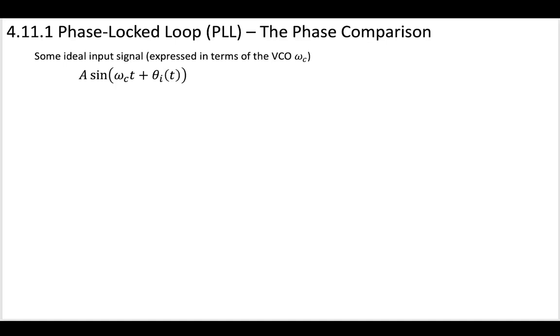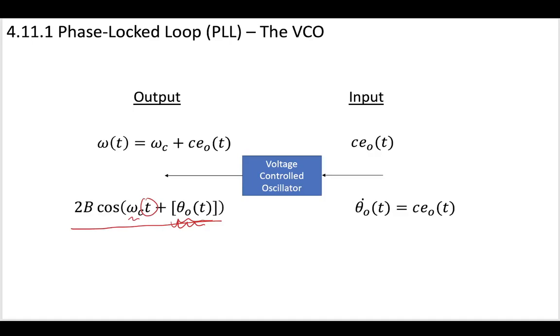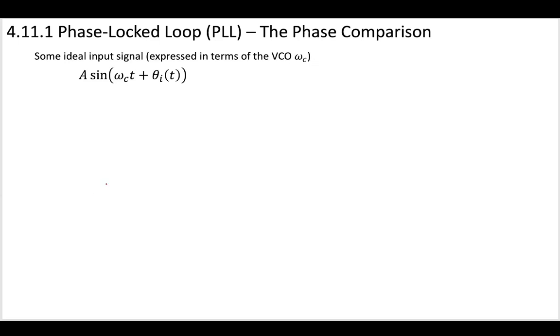So in the previous video, we saw what an output voltage might look like, right? If we had a voltage controlled oscillator, this is the sinusoid that we could expect to come out. We have something that is changing based on the VCO free running frequency and then some output phase. So what if we had some ideal input to our system, not to the VCO, but some other ideal